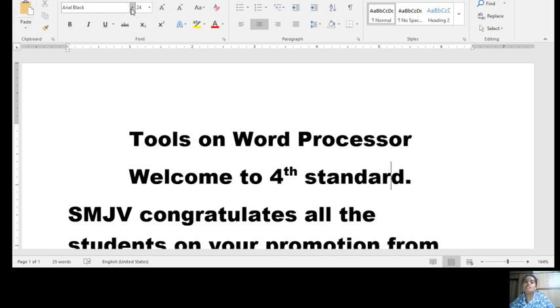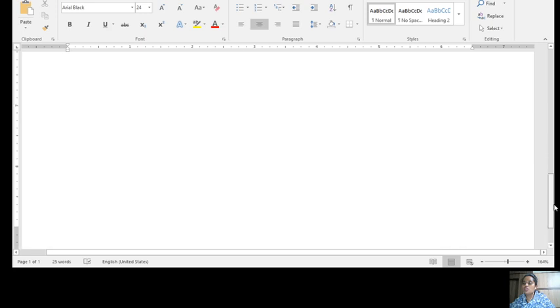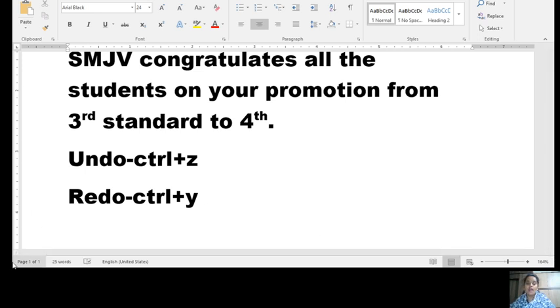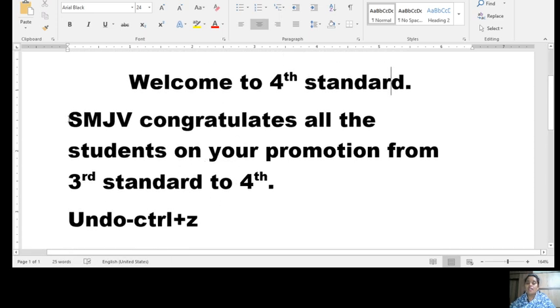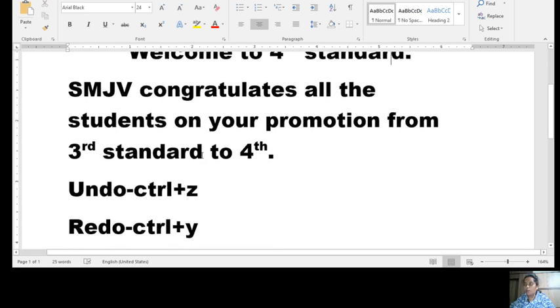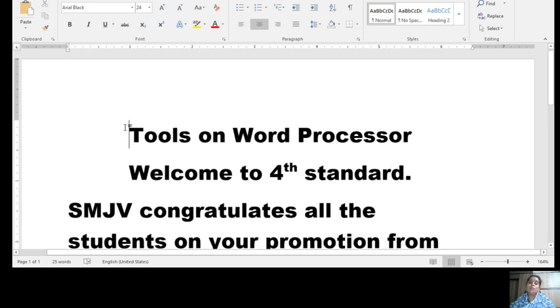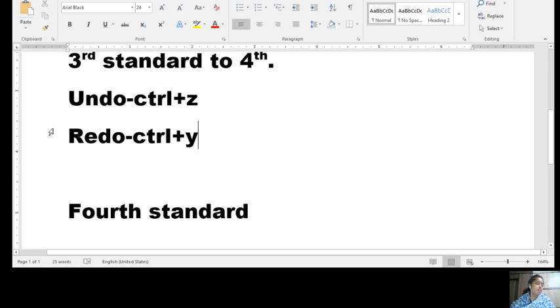Font style, font size, and adding colors and subscript, superscript, bold, italic, underline. This is called a font group. Okay. Then you have your scroll bar. This is up and down, and this is left and right. Then you have the status bar, which shows the status, how many pages, how many words. Okay. Then the area where you type in the letters or the words is called the document area. Understand, children? Document area. Then the cursor, where you place anywhere. So that's the cursor.